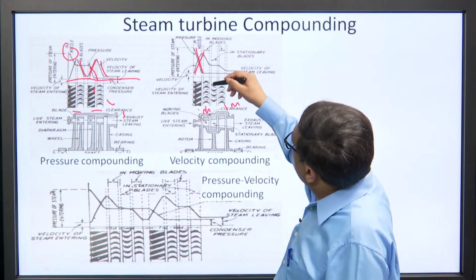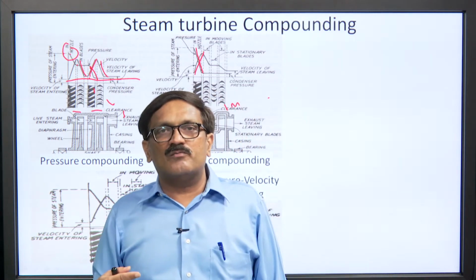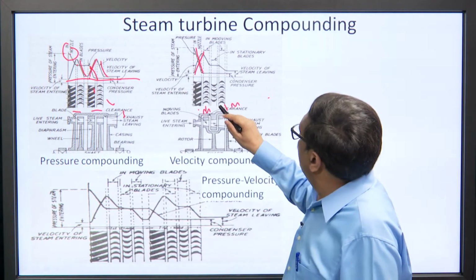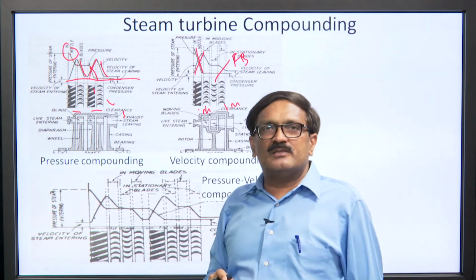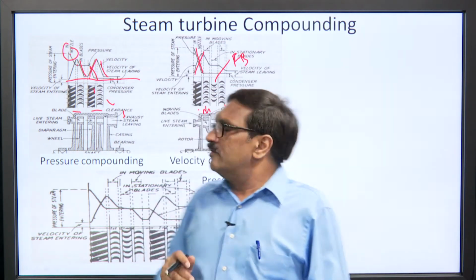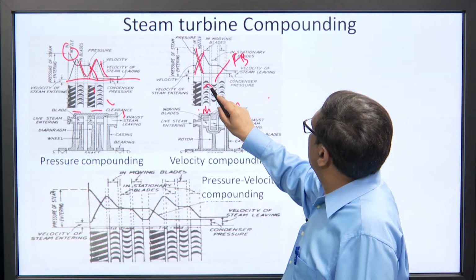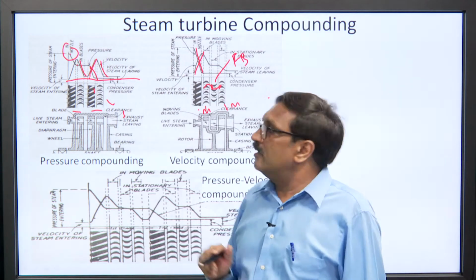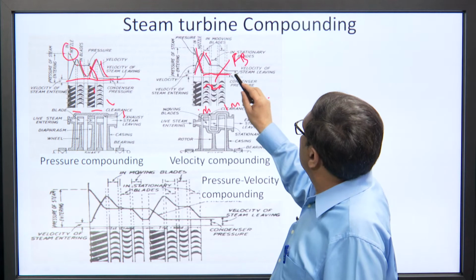Now, as it passes there, the moving blades are moving in the same direction, so we have to change the direction of the velocity of the steam. So, what we do is, in between we use a fixed blade. The purpose of the fixed blade is just to change the direction of the velocity of the steam. As it moves here, it changes the direction from this to this, and again it enters another set of moving blade. So, partly the kinetic energy is converted here, and the pressure drop everywhere is the same.